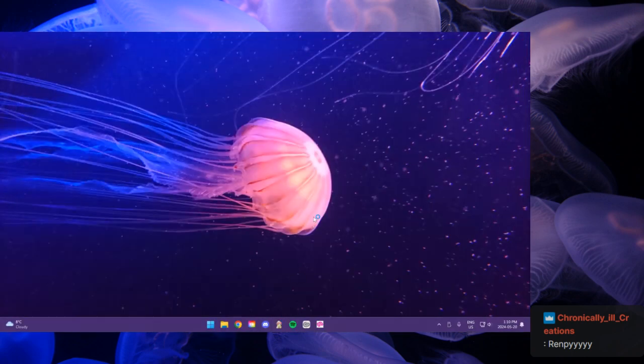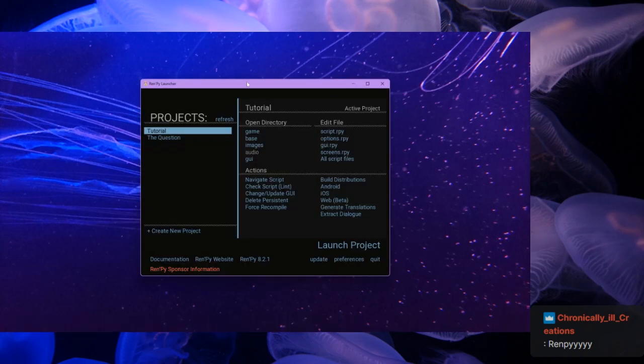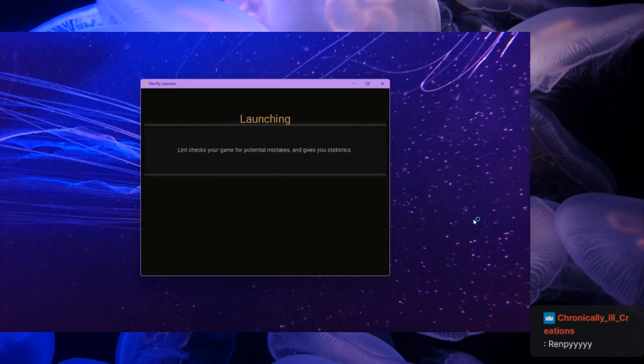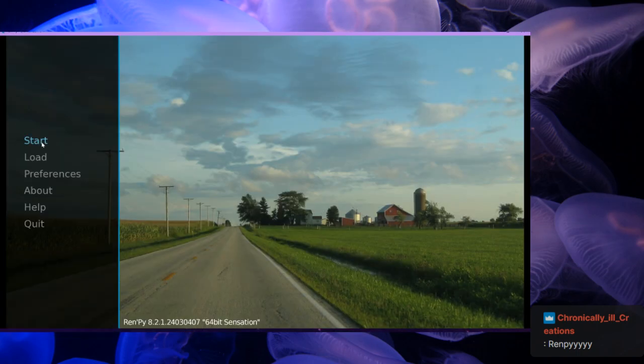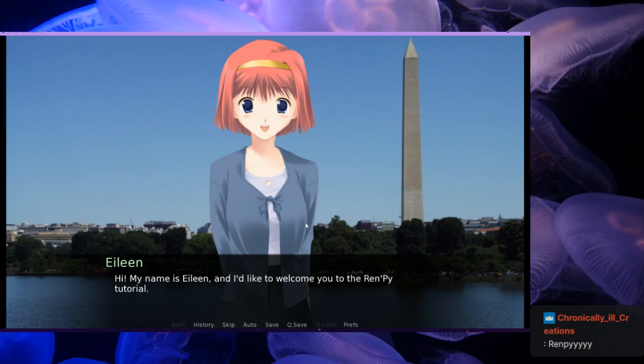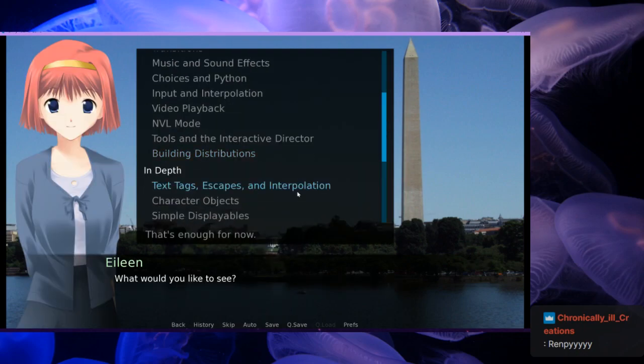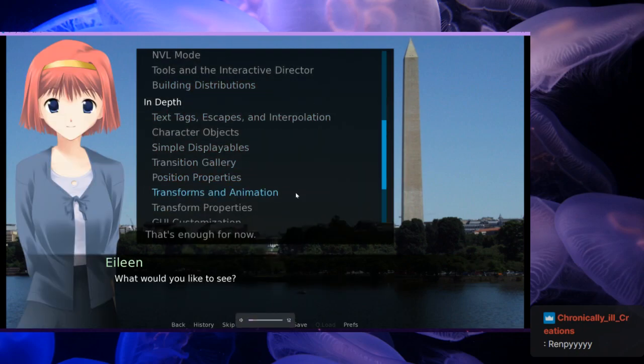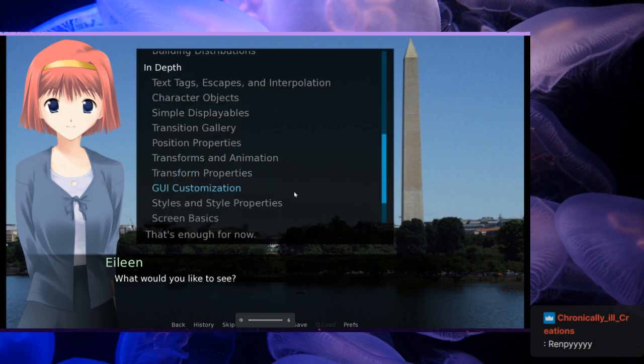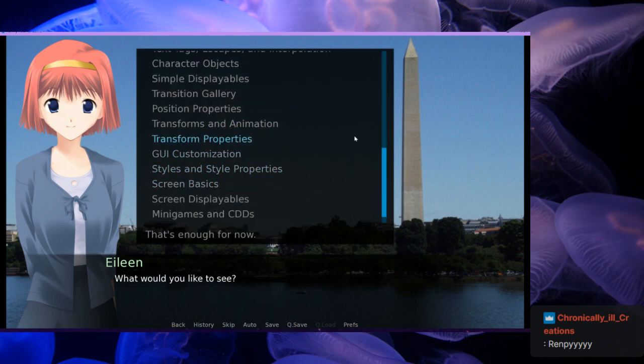so we will once again start Renpy back up. It's like going home. And we are still on the tutorial, unfortunately. Okay, so since last we were here, we ended on transform properties.